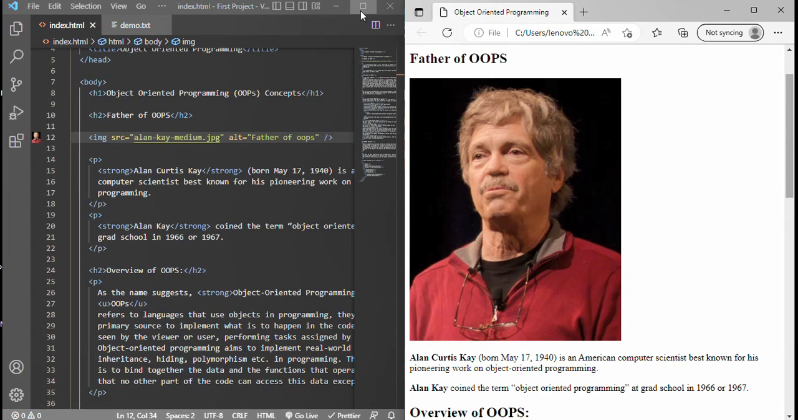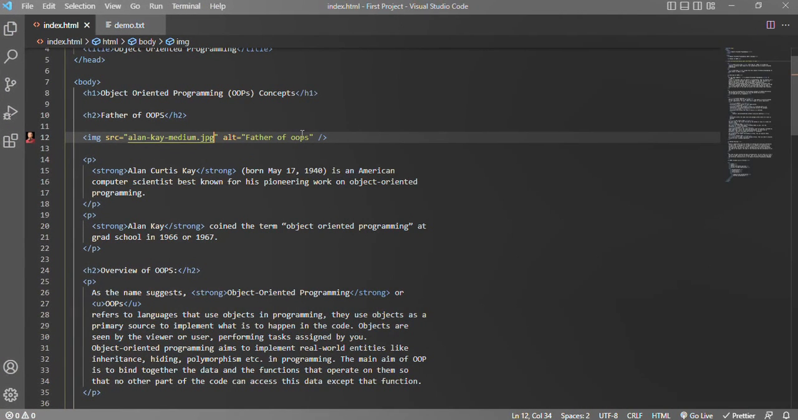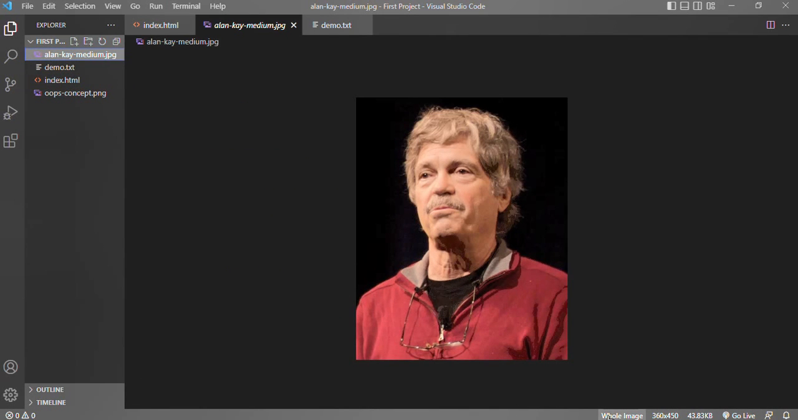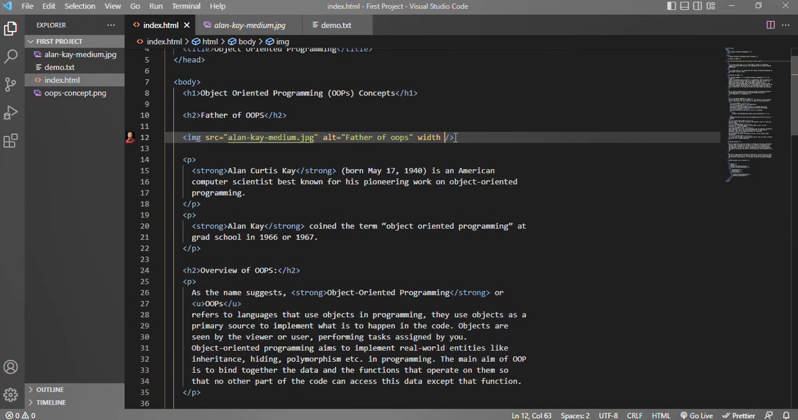I think it is a very big picture, so we need to set the dimensions for this picture. You can include width and height for it. These are all attributes for your images. For example, width equal to... Here you can see the original dimensions of the picture: 360 by 450, but for our website I don't need that much, so I'm including the width as